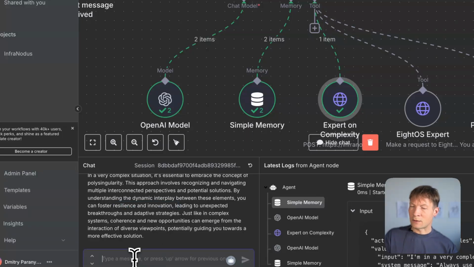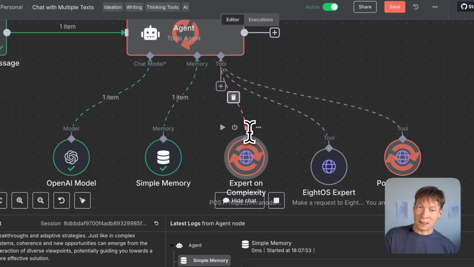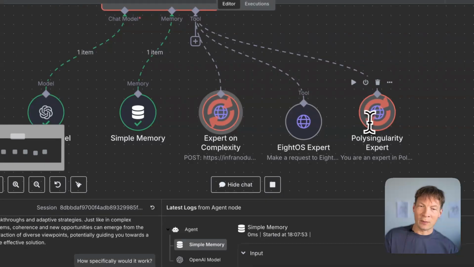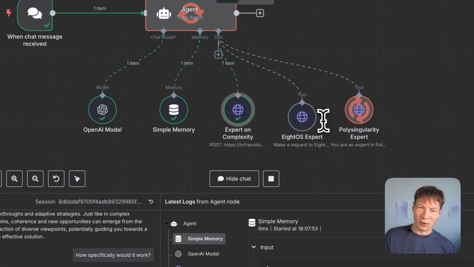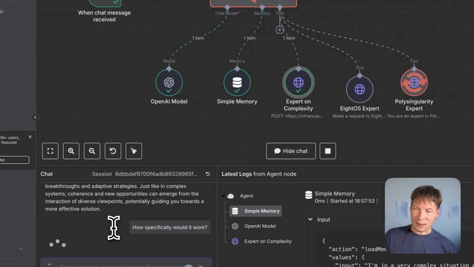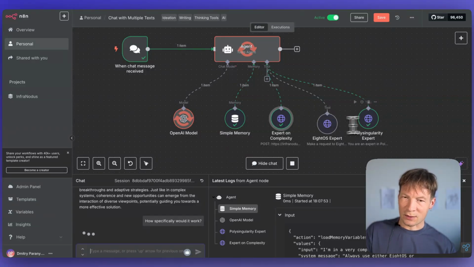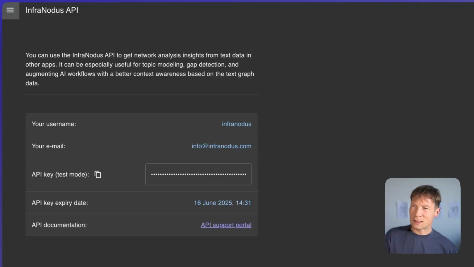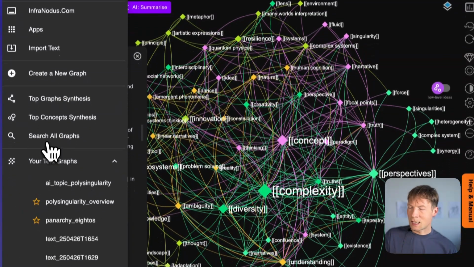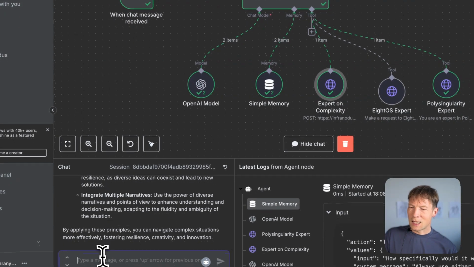strategies. Okay, so I can ask how specifically would it work? As you can see, we already have the memory here. Let's see what experts it chooses to consult. So now you see it realizes I need to know more about polysingularity, so it's consulting this expert on polysingularity. It doesn't touch the n8n expert because we are not interested in that right now. So here it's providing this response based on complexity and polysingularity. So now I had two different brains consulted. One was this and the other one was that, which is pretty cool. It's like I'm connecting them together, and here it's giving me some advice,